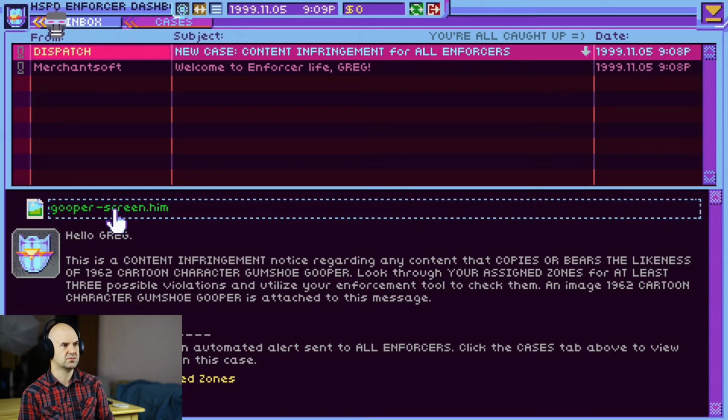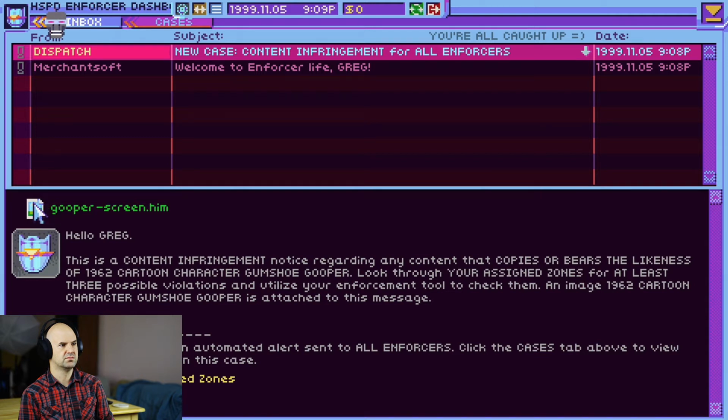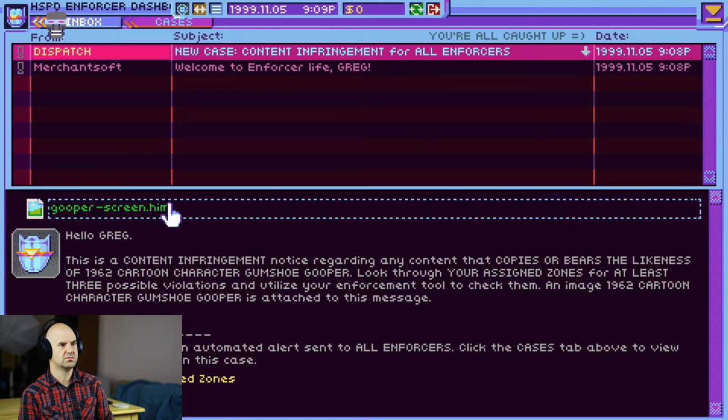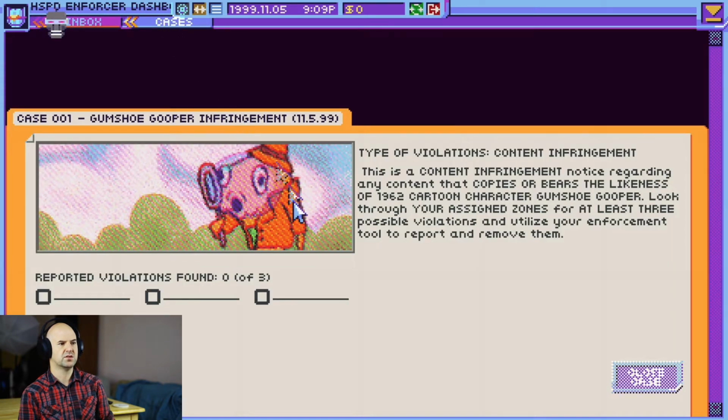Downloading Gooper screen. Downloading Gooper Screen 1, Gooper Screen 2. This is the content. Notice anything. Reported violations. Got it. Okay.